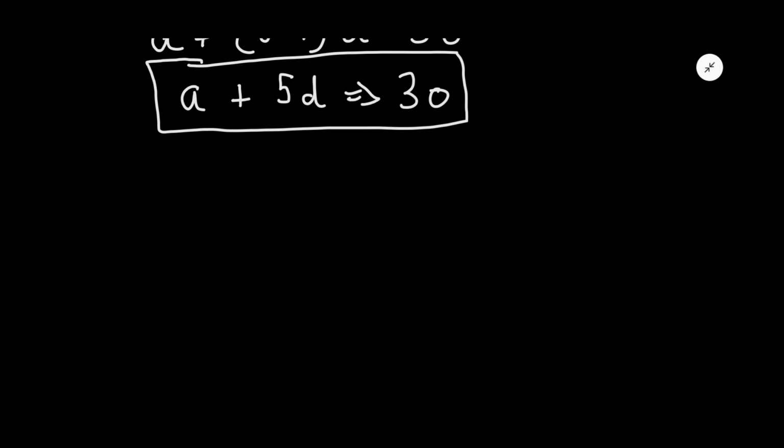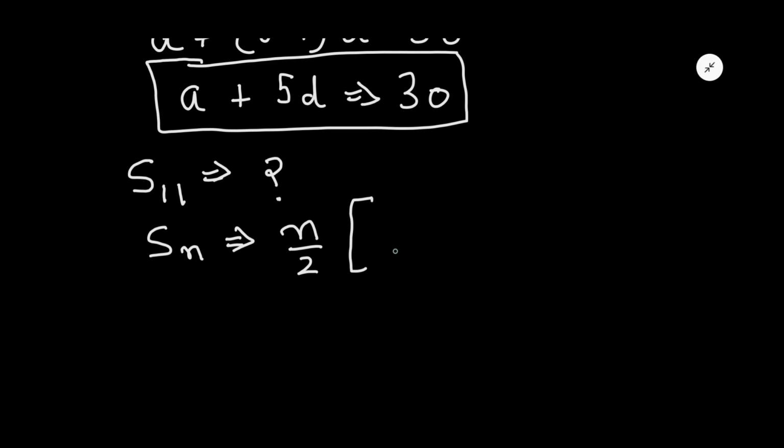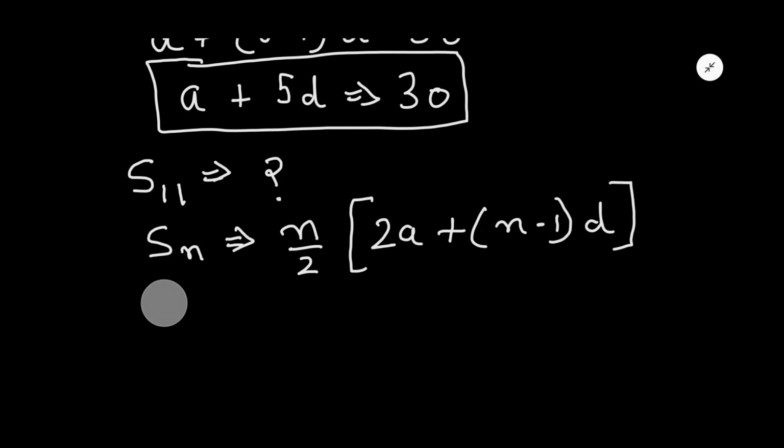Now we have to find S11, as the formula for finding the sum of n terms is n by 2 into 2a plus n minus 1 d. So S11 will be equal to 11 by 2